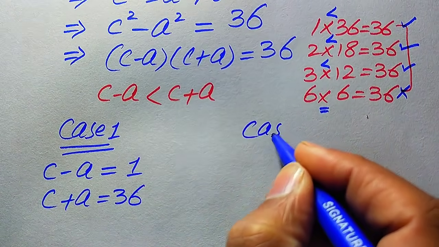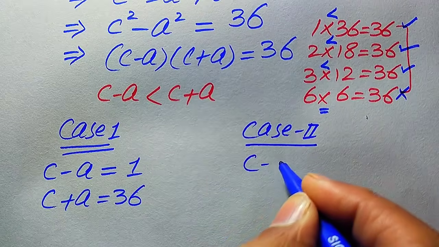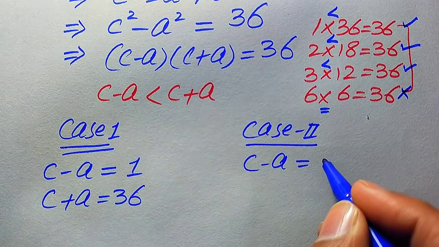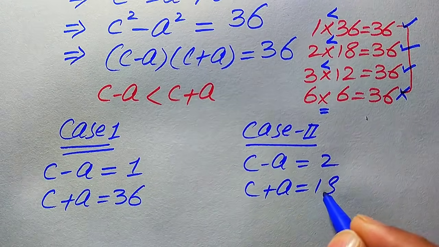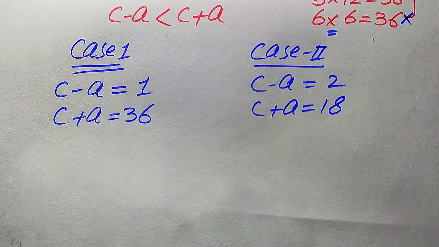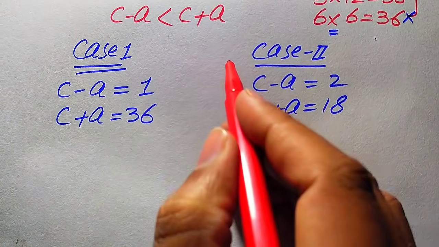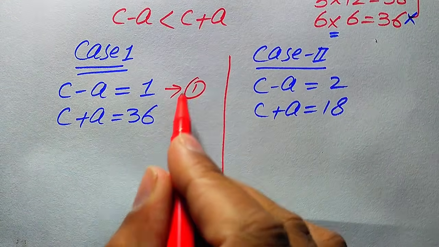And here we write our second case, and in the second case we compare c minus a and c plus a with 2 and 18, and we write c minus a equals 2 and c plus a equals 18. So first we solve these two cases and we get the values of a and c. And now here we need to focus on this case, and we call this equation number 1